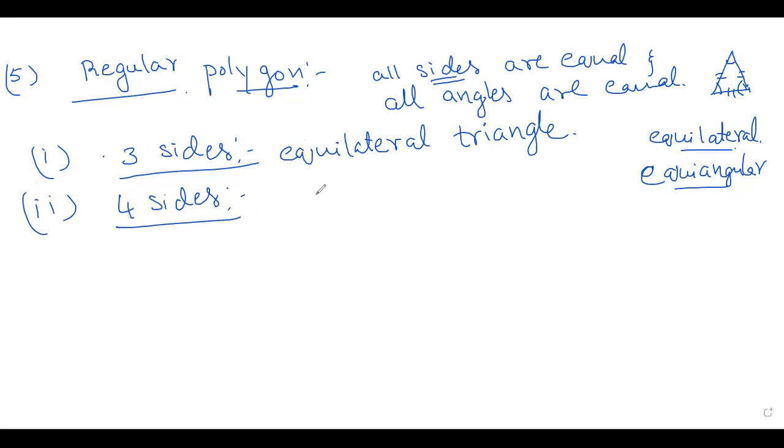If four sides are equal, you know where four sides are equal, in a square, right, children? So all four sides are equal in a square. Then where do you see all sides equal in a quadrilateral? Yes, it is a rhombus. You know, in a rhombus, all the sides will be equal.